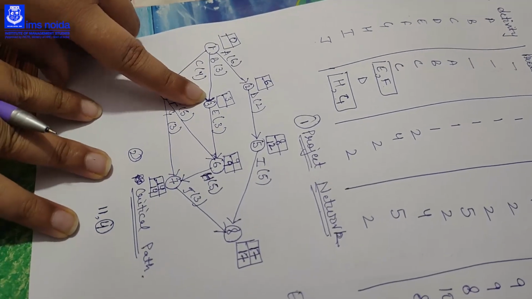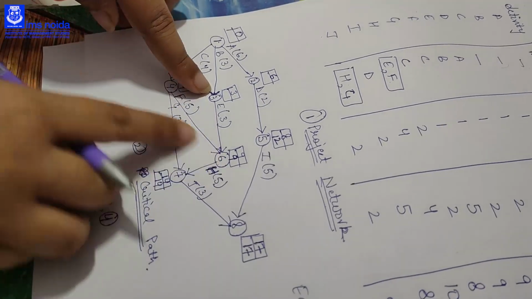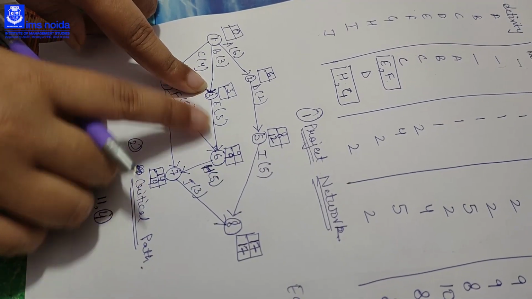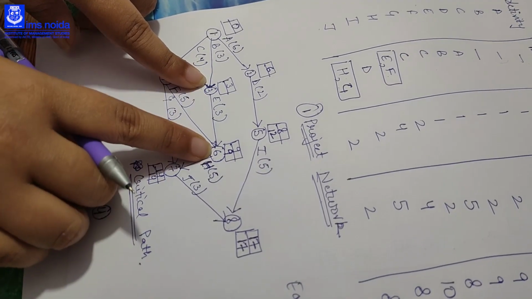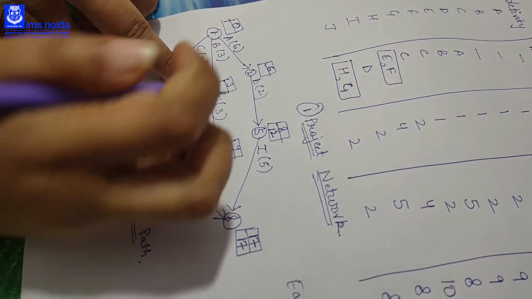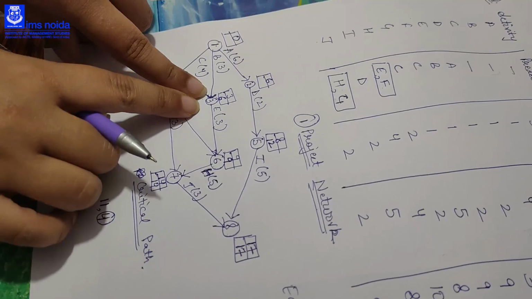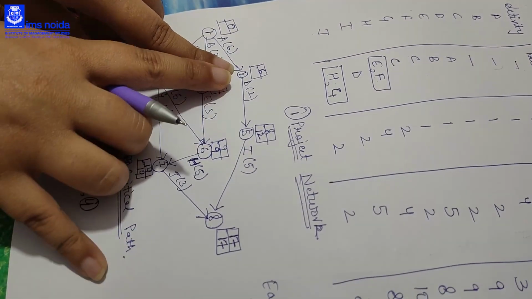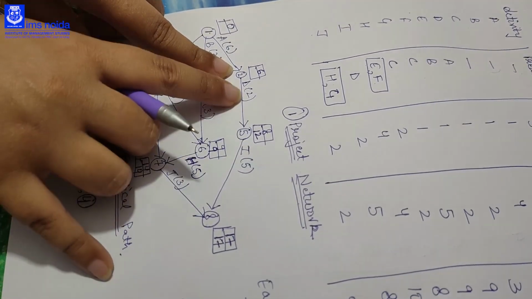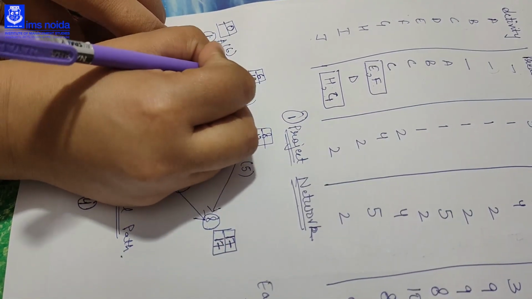Then we will come to the 3. There is one way of coming to the 3, that is 6 to 3. If you are coming from 6 to 3, 9 minus 3, the LC of 3 is 6. Okay, then come to the 2. There is only one way of coming to the 2, that is 5 to 2. 12 minus 2, that is the LC of 2 is 10.